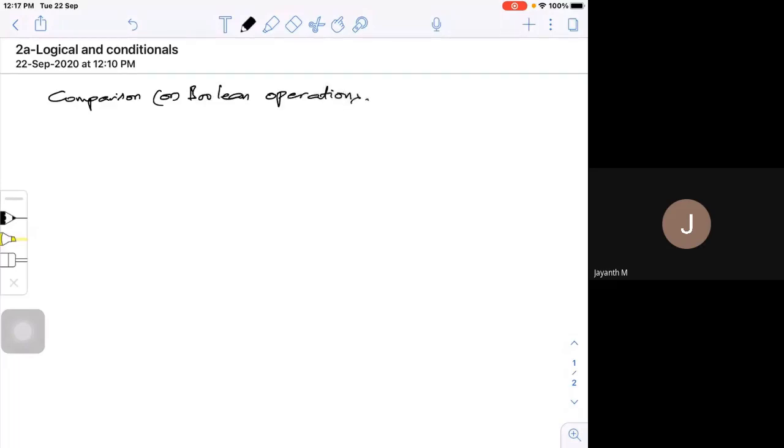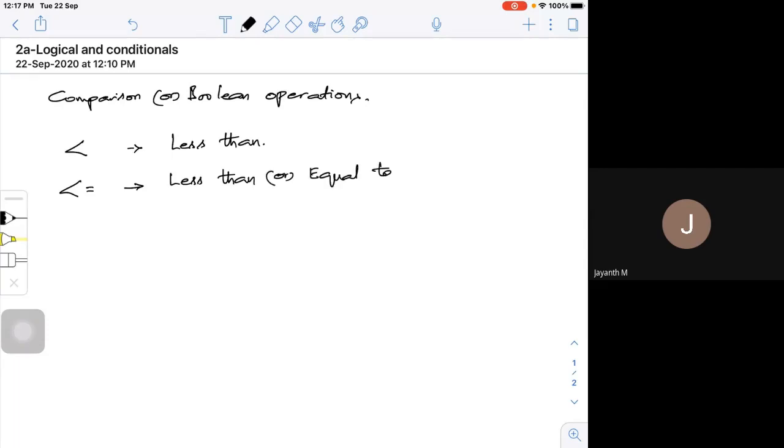In Python, or whatever the language may be, but we'll speak with respect to Python. If I have a symbol like this, what is the meaning of it actually? This is nothing but less than. Then if I have a statement like less than equal to, it means it is less than or equal to.